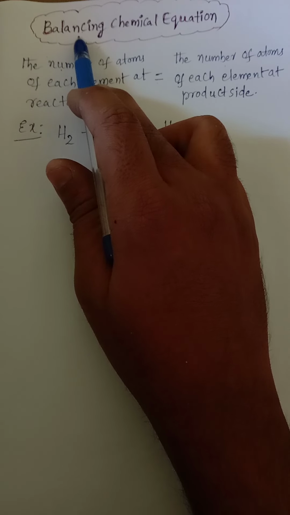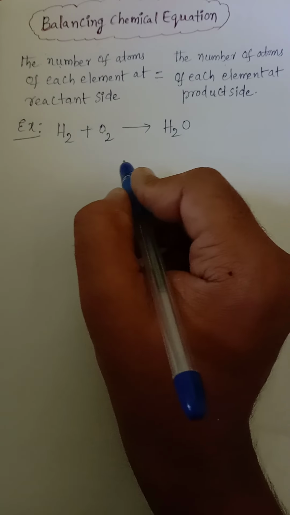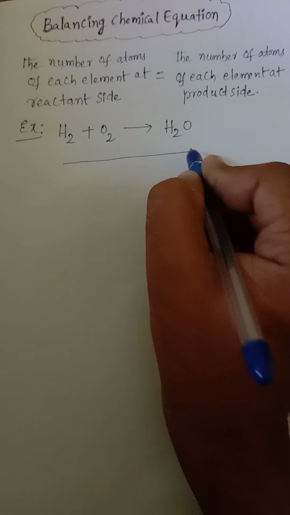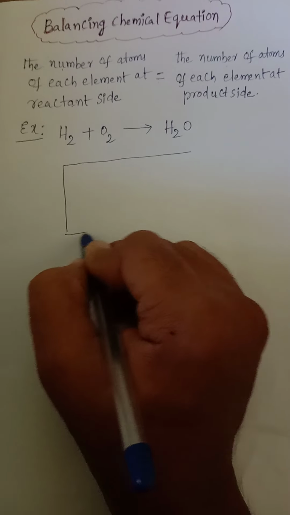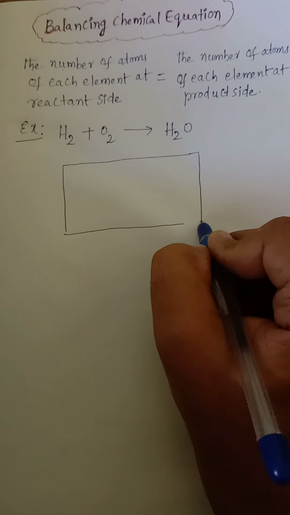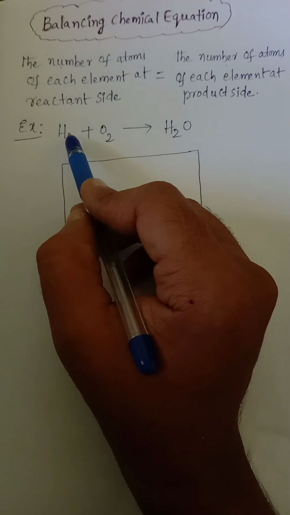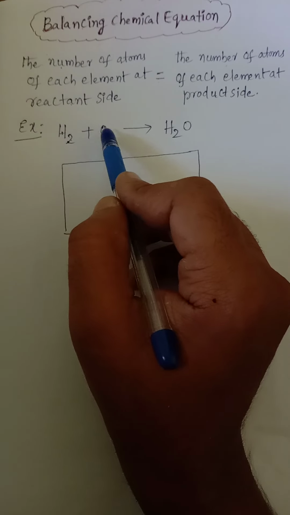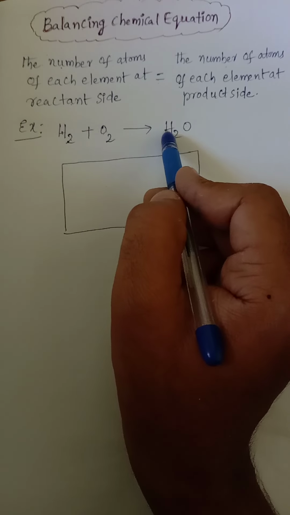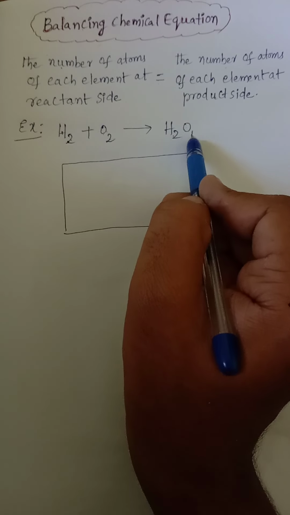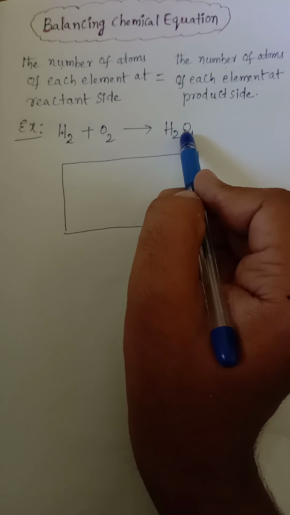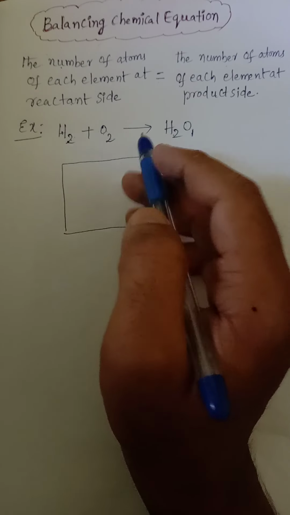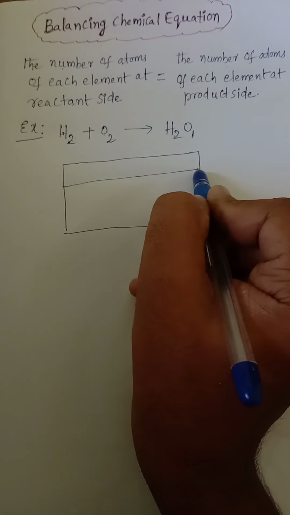For this we have to take a tabular form. There is an unbalanced table and another one is a balanced table. I am going to draw the table for the unbalanced equation. How can we check the unbalanced equation? How many hydrogens are there? Two atoms of hydrogen and two atoms of oxygen on the left. Here, two atoms of hydrogen, and if there is no value we consider one atom of oxygen. So we have to write these atoms in tabular form.